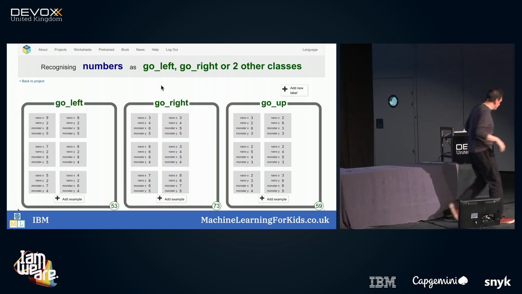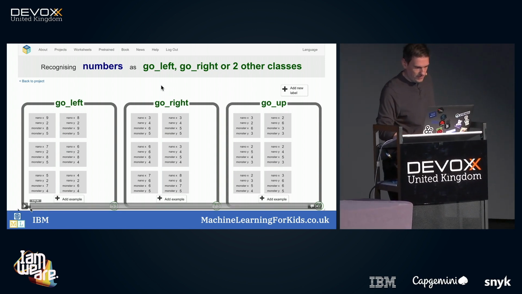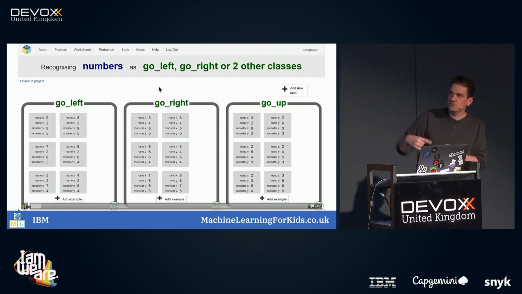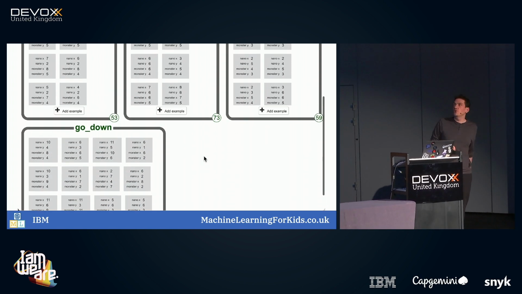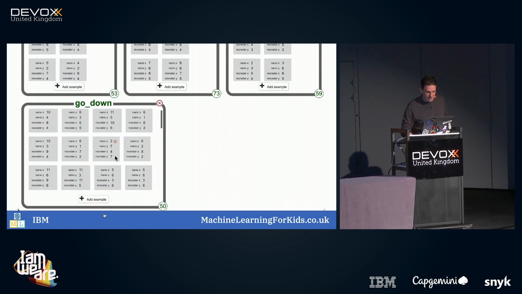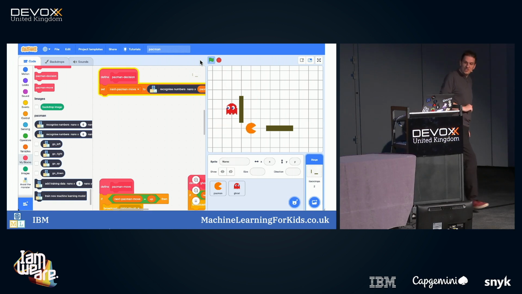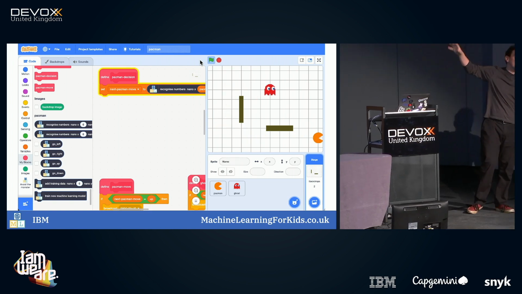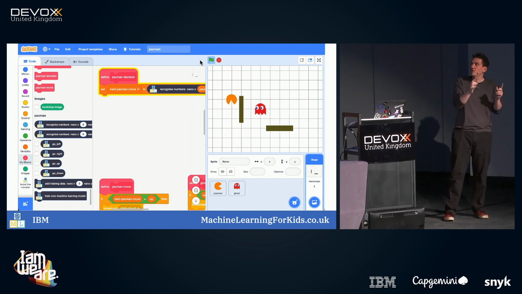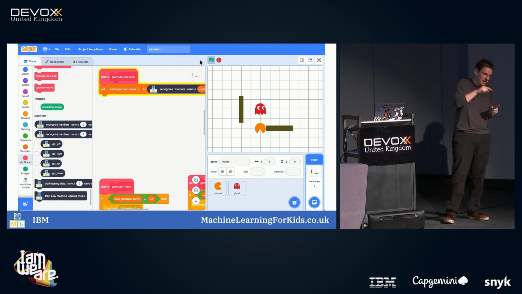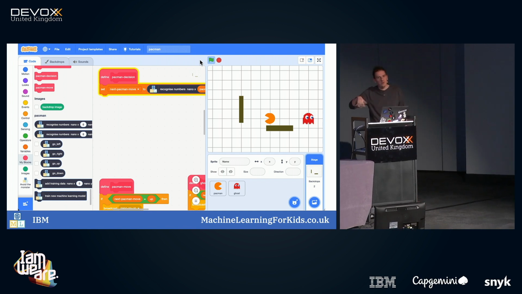But once they've trained their machine learning model, what they have is a decision tree classifier that can make a decision when given the coordinates: what's the best decision for Pac-Man to do, to go up, down, left, or right. And then they can go into Scratch, put the AI in charge, and watch it play itself using the training they've given it. And the nice thing is every kid is training their own one, so everyone will behave differently. They'll get to see how their Pac-Man behaves, it will play the way they played, and the kid sat next to them, their Pac-Man will play the way they played.